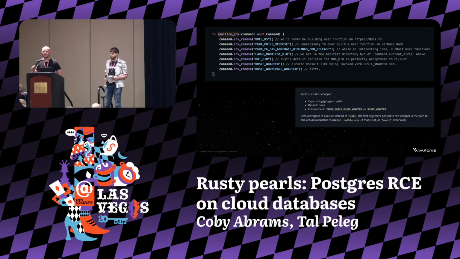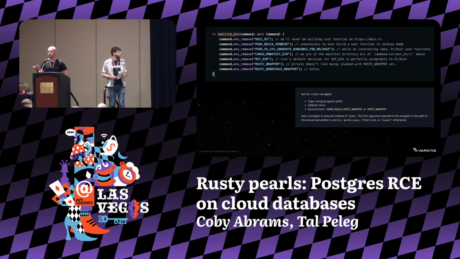So that's good for us because when you execute binaries, you're loading environment variables into that binary. You can see that Rust tried to remove some of the environment variables that we have, right? They're trying to clean the environment so that Cargo can run cleanly. But they use a deny list. You can see here the interesting environment variable that we looked at is called RUSTC_WRAPPER. And what RUSTC_WRAPPER does is basically tell Cargo, instead of running the rustc compiler, the Rust compiler, to run a different binary that's supposed to wrap